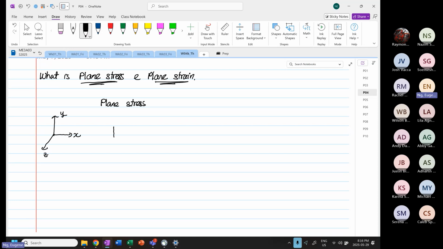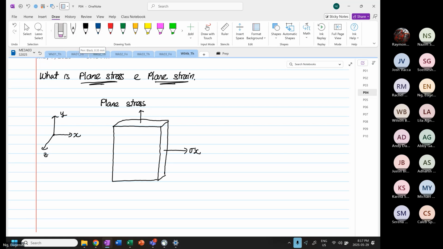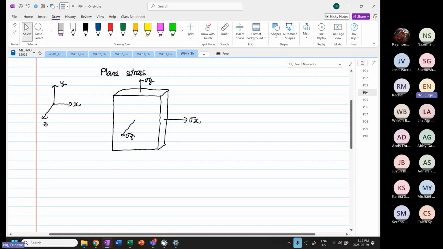Okay, so if we have an element, and the element, if we have a stress state that's acting this way, this will be our stress x, this will be our stress y, and this direction will be our stress z. Okay, so in plane stress condition,